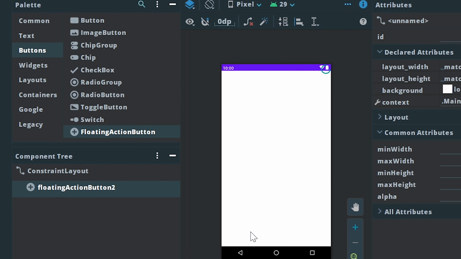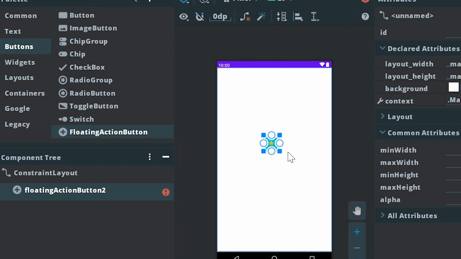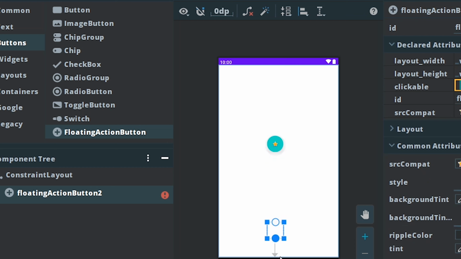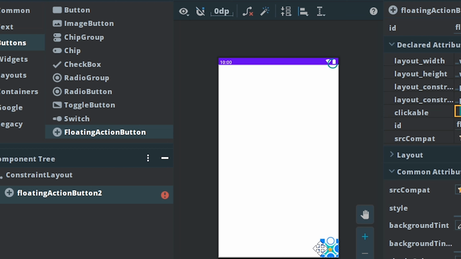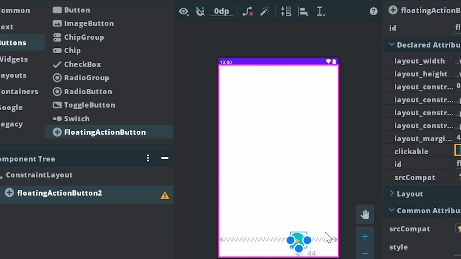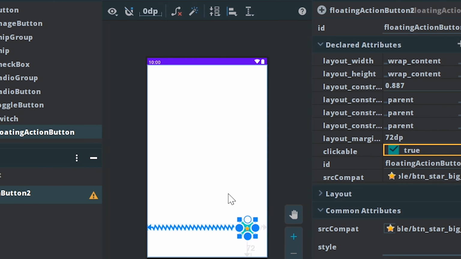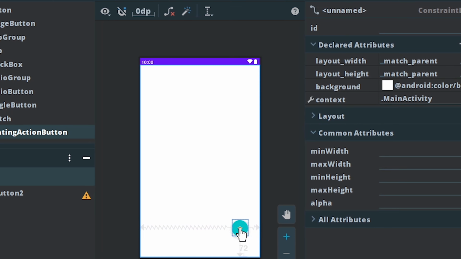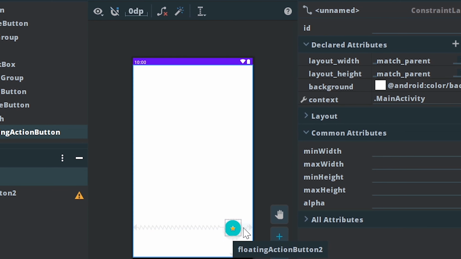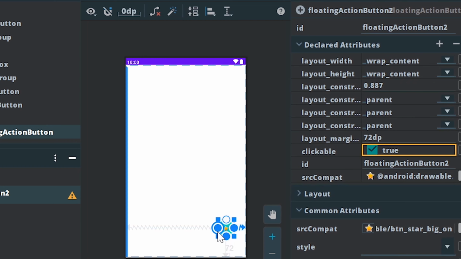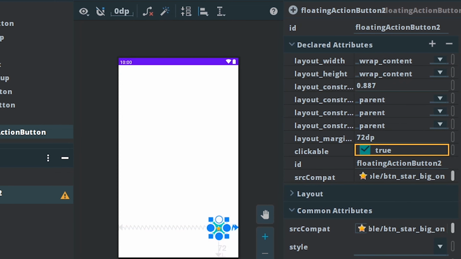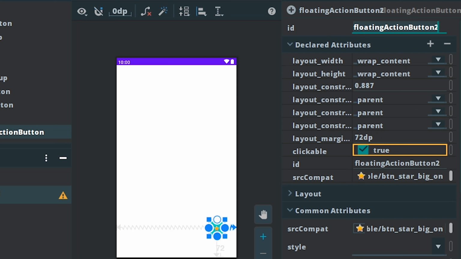The next thing you need to do is set the placement for this button, so you can constrain it. Now I want to place this floating action button right here. In many apps the floating action button is placed here, so that's why I am implementing it like this. Now you can see the ID for this floating action button is floating action button. And now let us implement this in the main activity.